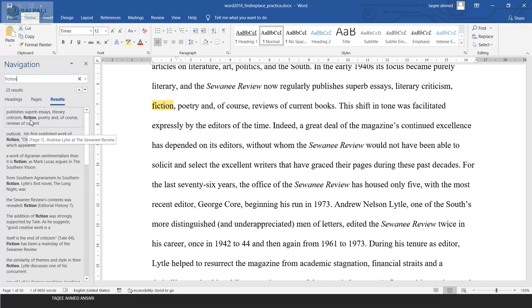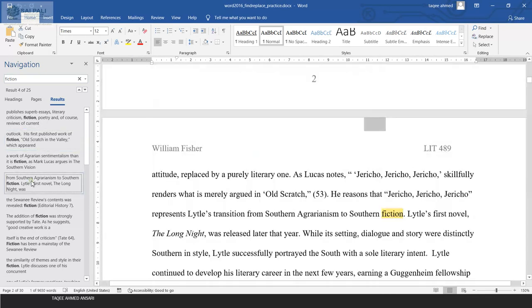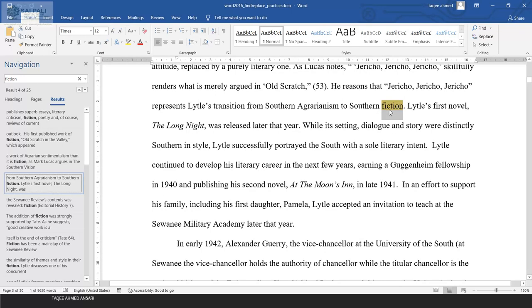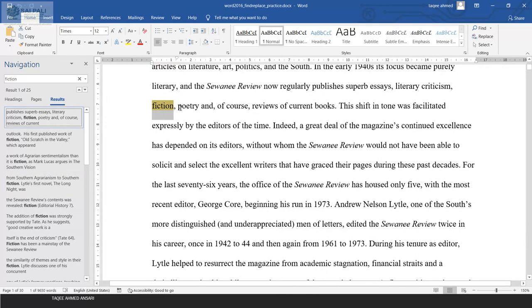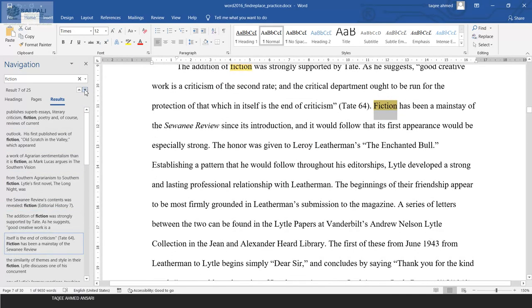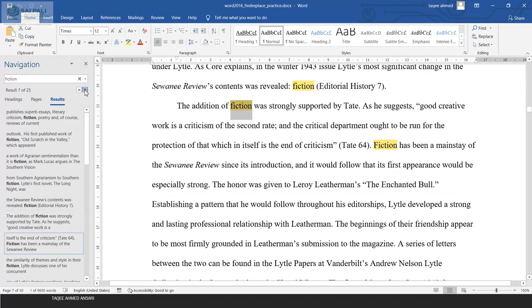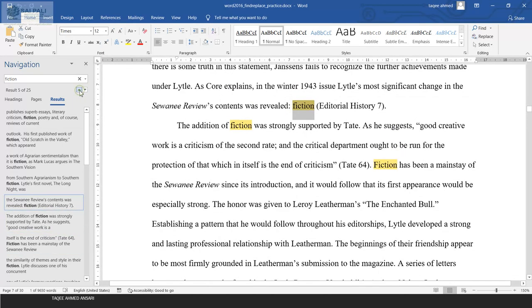If you want to go to those lines, like if I want to check this, I click on this, it took me to that, and the word is selected. If I want this, it took me to that and the word is highlighted. If I want this, it took me to this one. I can even use this up and down arrow key to go down or to go up, down, up.